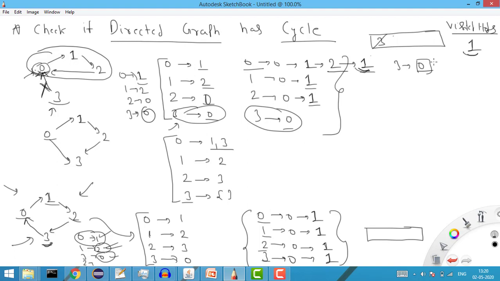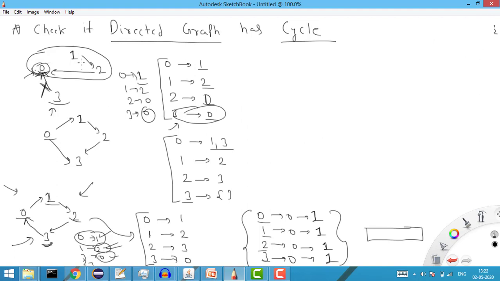Now let's do one more thing. Let's say if we have this case, in this case what will happen, what will be my tree? So it will be from 0 to 1. So now we don't have this one, so from 0 there is not a single outward node. It means for 0 it will be an empty list, for 1 it will be 2, for 2 it will be 0, and for 3 it will be 0, right? And for in degree, for 0 we will have basically two in degrees, this one and this one, so it will be 2. For 1 there is no in degree, so it will be 0. For 2 there is 1 in degree, and for 3 we have 0 in degree, right?